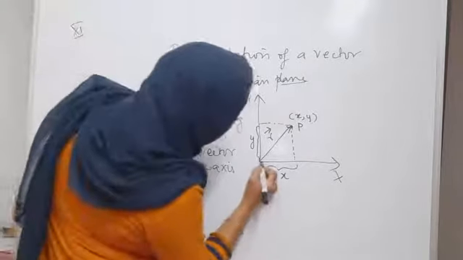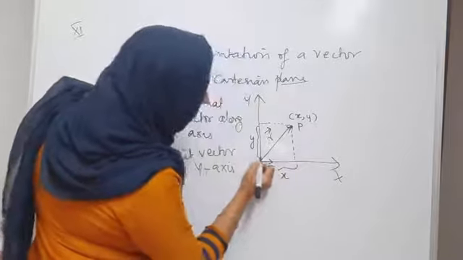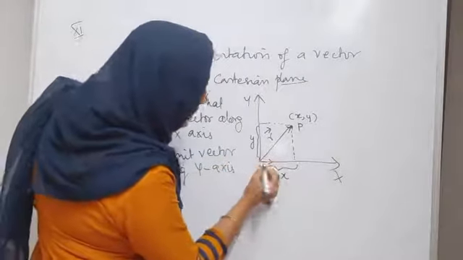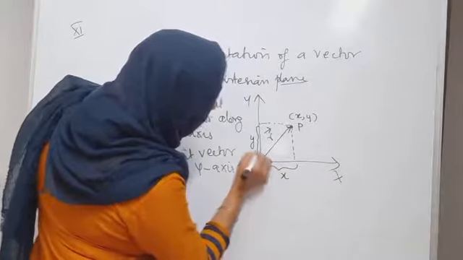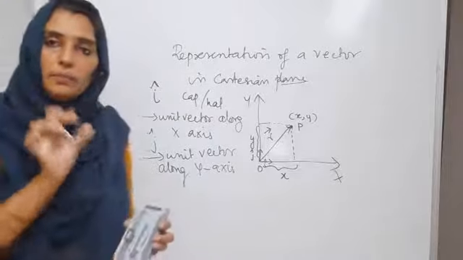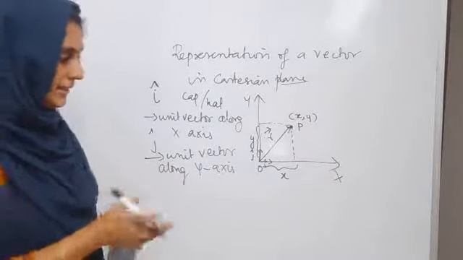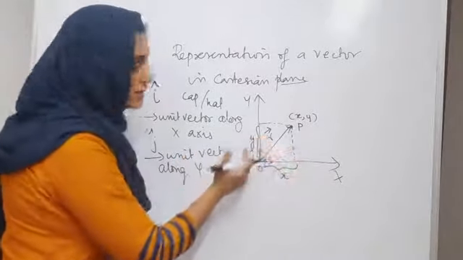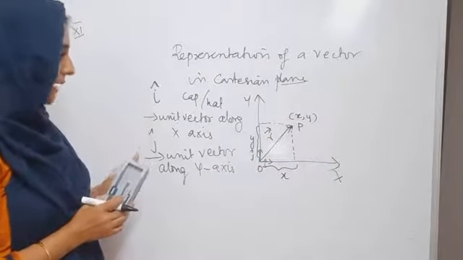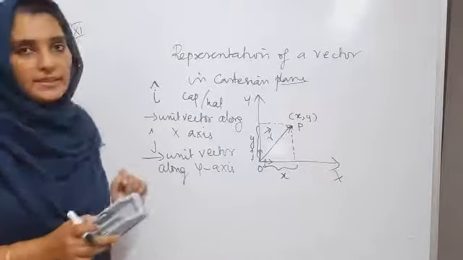So I am just showing this. Suppose it is a graph. It is depicted on a graph sheet, then this will be 1 centimeter. So I can show it as I cap, and this will be 1 centimeter, and I can show it as J cap. So they are simply to represent a particular direction, showing that it is pointing in this direction and it points in this direction. Now we have I cap and J cap along the x-axis and y-axis respectively.